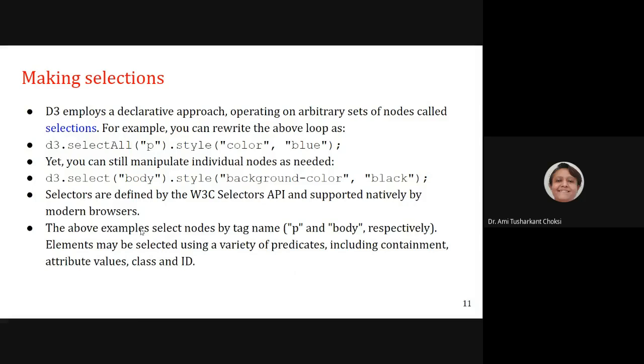Great, isn't it? The above examples select nodes by tag name, that is p and body respectively. Elements may be selected using a variety of predicates including containment, attribute values, class, and ID. Fine.